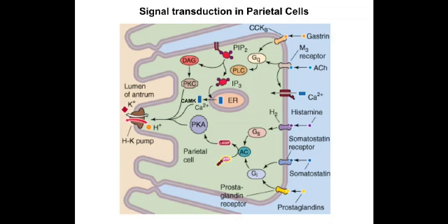So what happens in signaling? Here the main important thing, as for all faculties of medicine, is that there is a pump called the hydrogen potassium pump, which helps in the formation of HCl. This is called the proton pump. This pump is inhibited when there is excess acid release, by drugs like pantoprazole and esomeprazole, and Pantop, which you came across. All these drugs inhibit the hydrogen potassium pump.